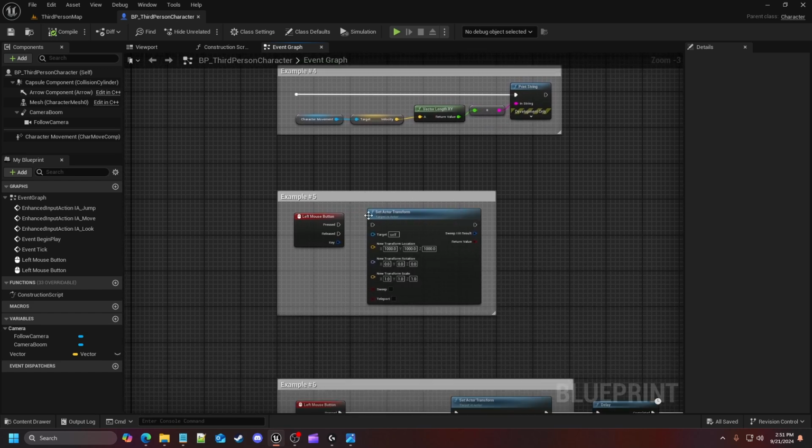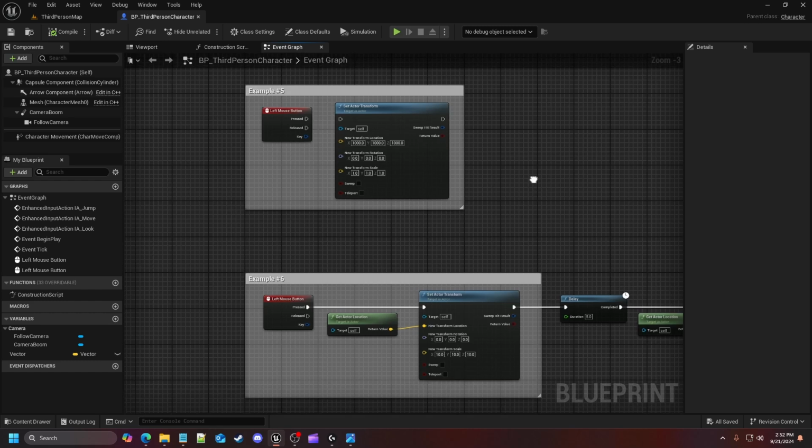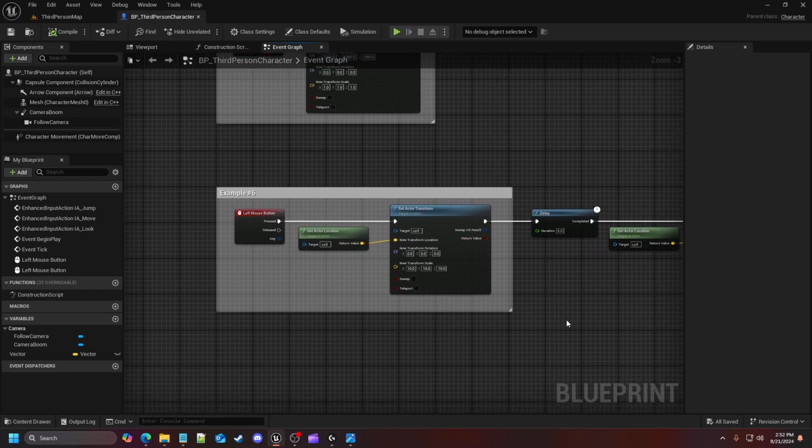And then we also took a look at how you can change the actor's location, where you can make a timeline for a moving platform, where it'll go forward and backward on a point, where you would set the new actor transform to the new location you want it to be at. And then when it's there, you can reverse that direction so it goes back to the original point. So again, like moving platforms,